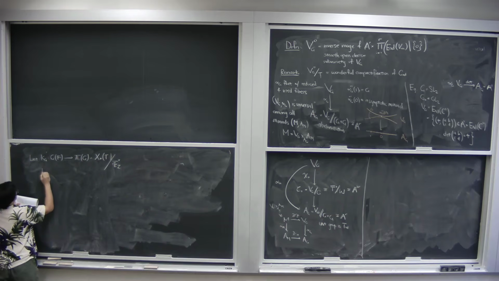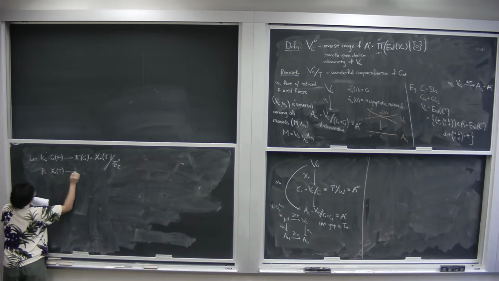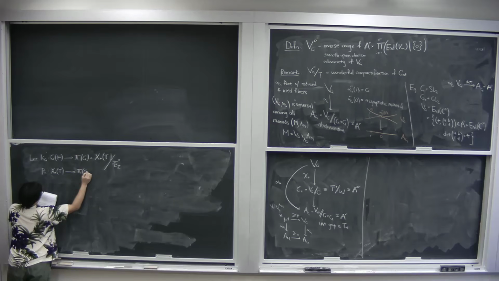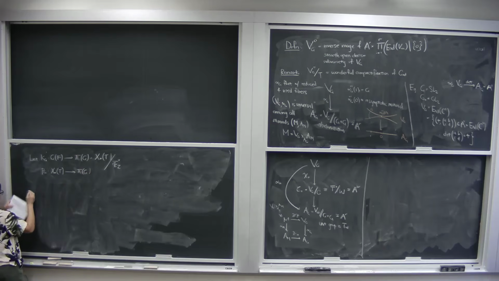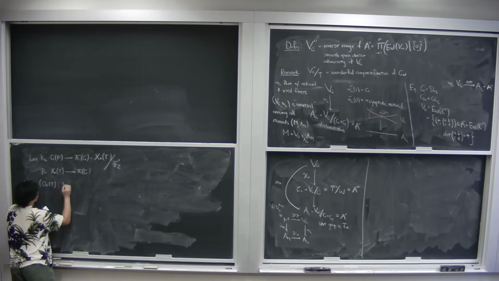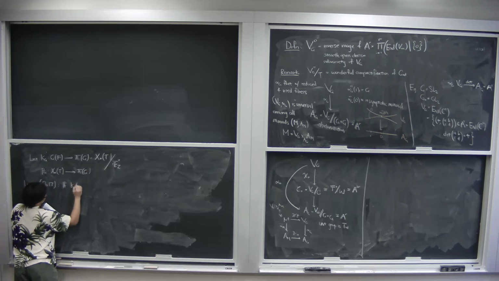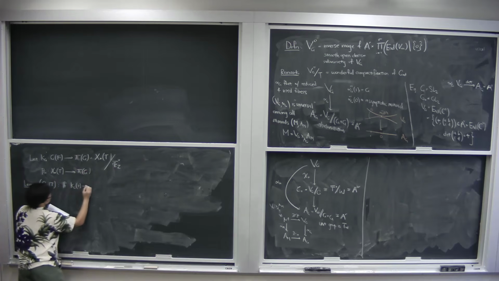And then let PG be the natural projection from the co-character lattice to pi 1 of G. Again, a lemma by Xi in his thesis is that if kappa of G of gamma equals PG of lambda,